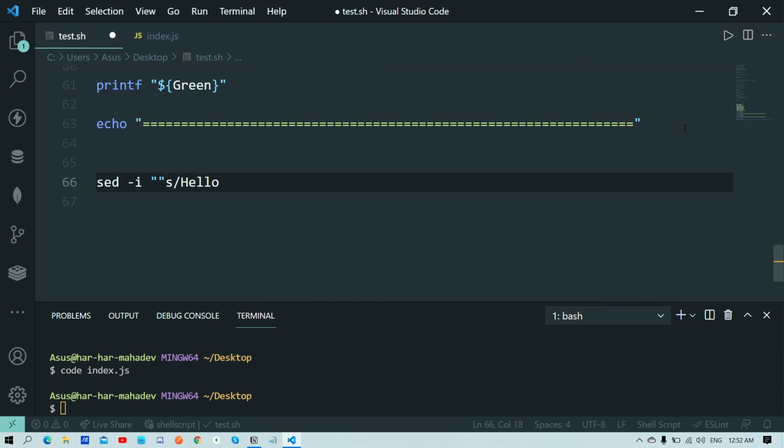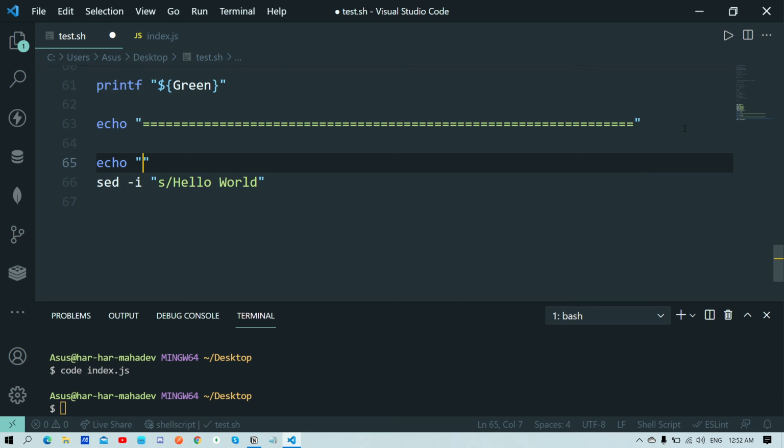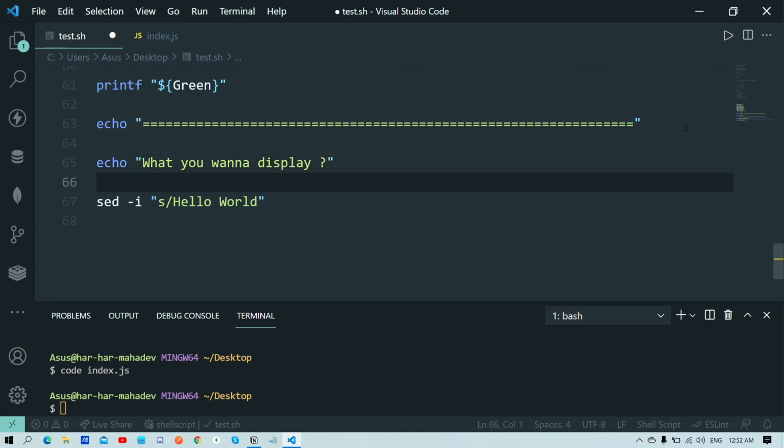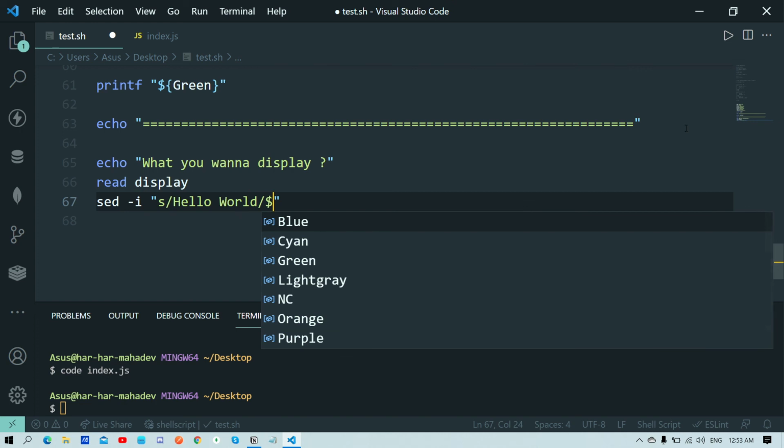You wanna replace something, hello world, okay. And instead of hello world you will ask the user what you wanna display, and after that you will simply read that variable, display the variable, okay. And after that you will simply return this thing here.